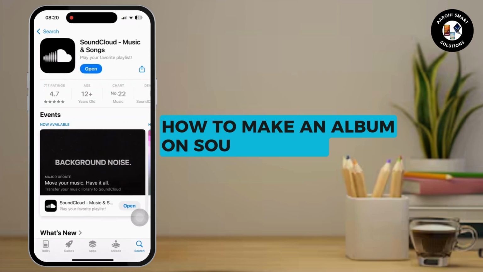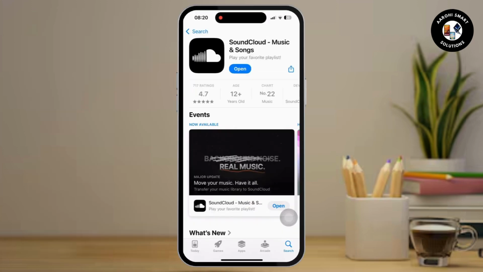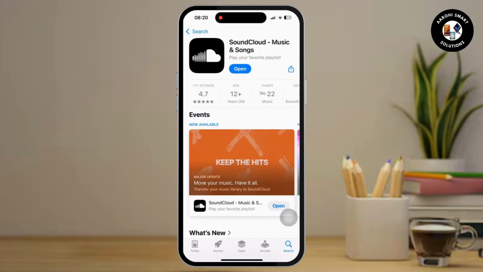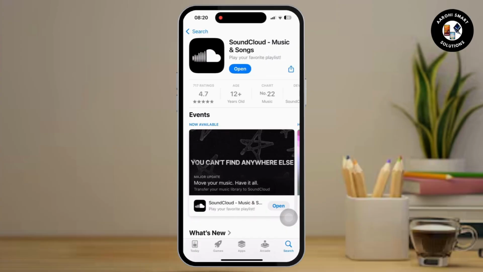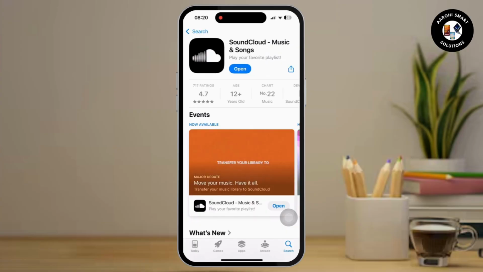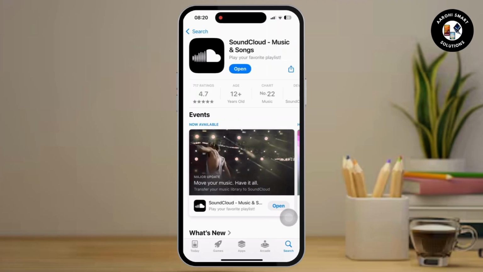How to make an album on SoundCloud. So here is a simple step-by-step guide on how to do so. So let's get started. First of all, open the SoundCloud app on a mobile device or navigate to soundcloud.com